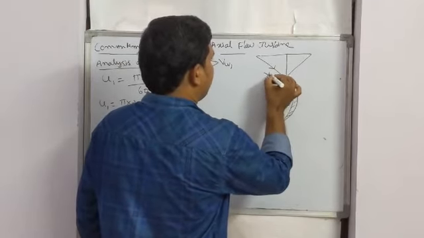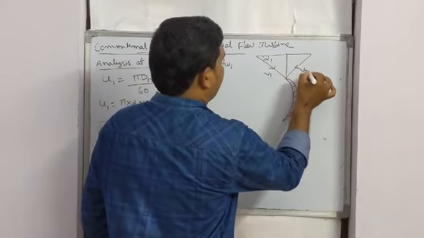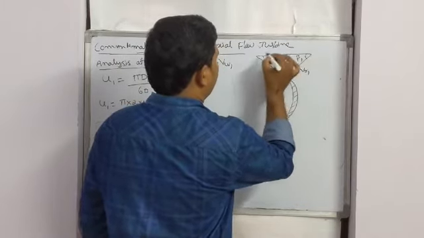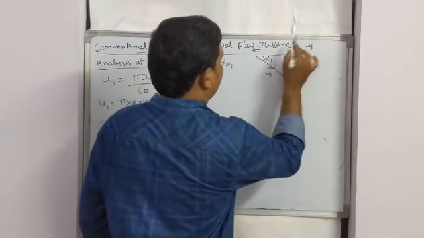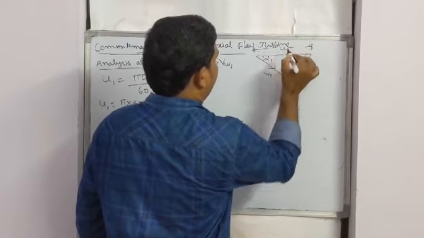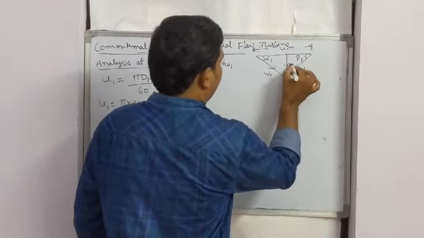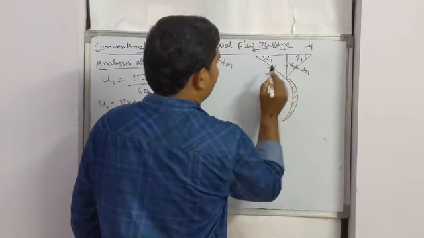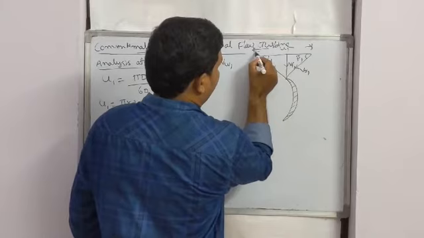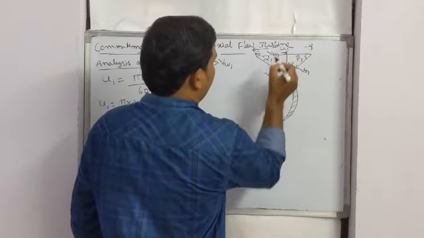So this is V1 with an angle alpha 1. This is VR1 with an angle beta 1. So V1, VR1 and U1 are also in the same triangle. This is the horizontal component of blade velocity U1, and V1, this is VF1, the flow velocity. For absolute components, there are two components of absolute velocity: vertical component VF1 and horizontal component VW1.